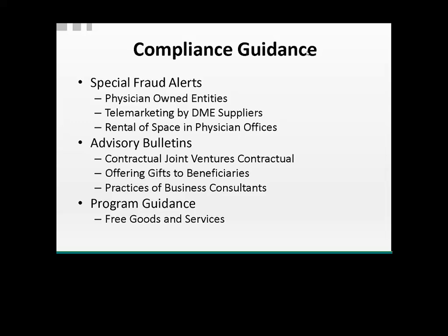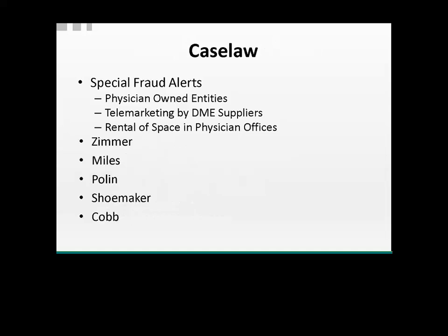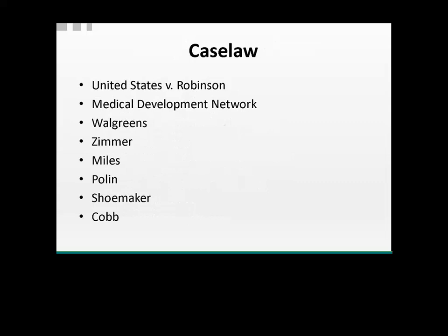I've got about 7 minutes left. I'd like to use that time to briefly look at some recent case law that provides some guidance. United States v. Robinson. In this case,